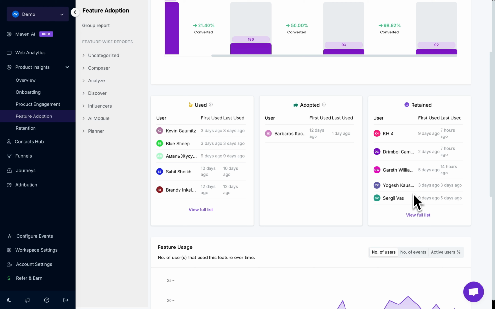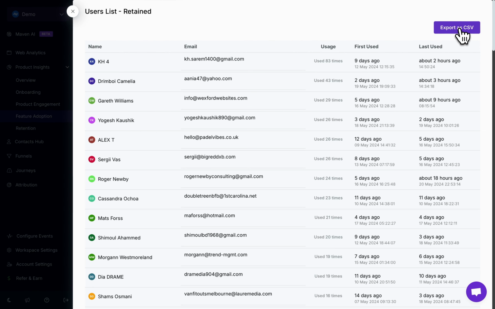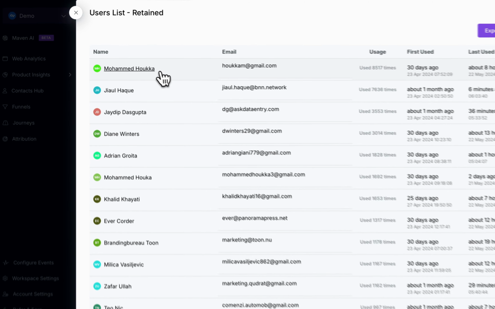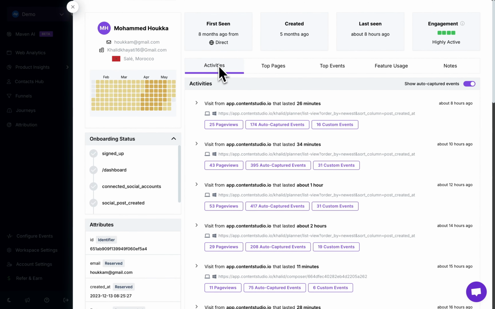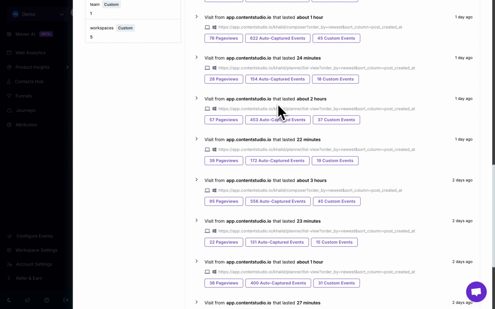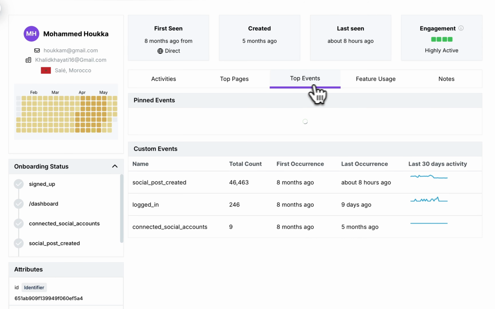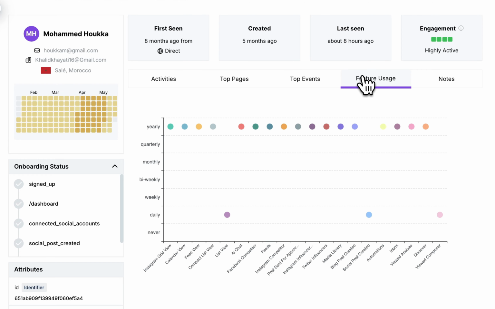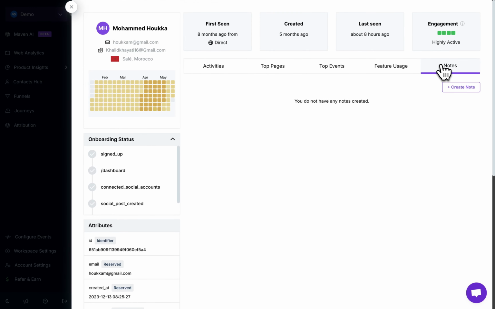You can also download a list of these users just by clicking on View Full List. And you just have to click on Export as CSV, and you'll be able to download this list of users. If you click on any of these users, you'll also see detailed information about their activity on your platform, their top pages, the top events, and the features that they're using the most on your platform. You can also add notes for each particular user over here if you want. Going back,